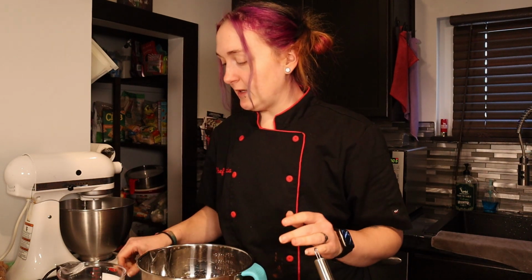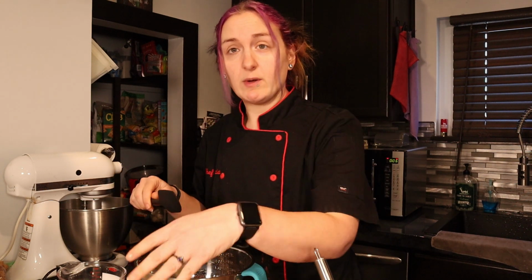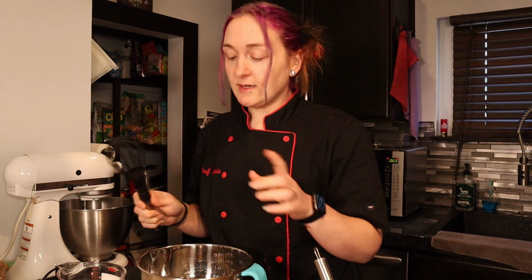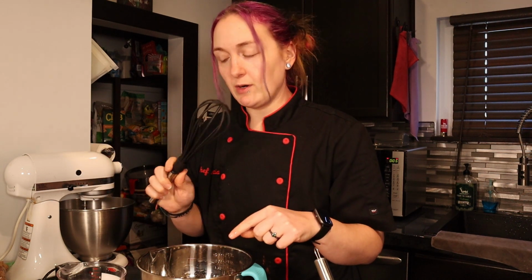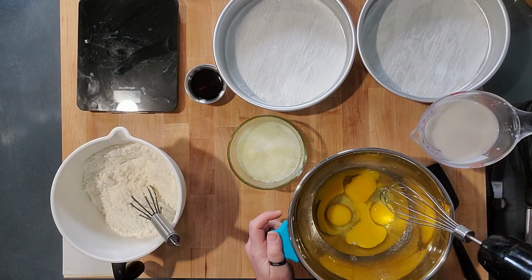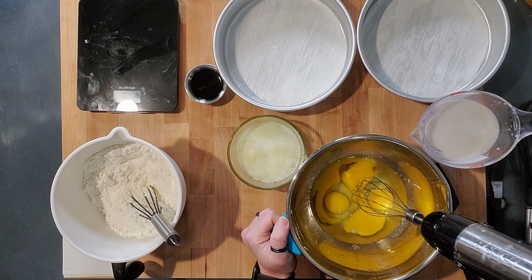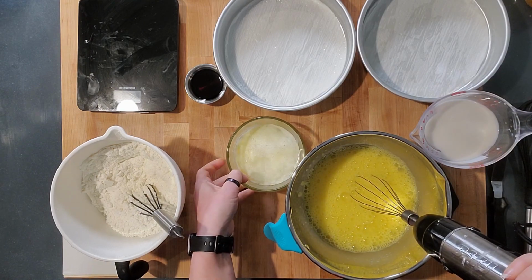I got 5 eggs at room temperature, 2 tablespoons of vanilla extract. You're gonna want a spatula to be able to scrape everything out into your pans, and a whisk, because after you whip this up with a hand mixer, you're gonna wanna just whisk it with your regular whisk. So excited to have more cake. You're just gonna beat these until they're about double in volume. Once you're double in volume, just start pouring in your melted butter,